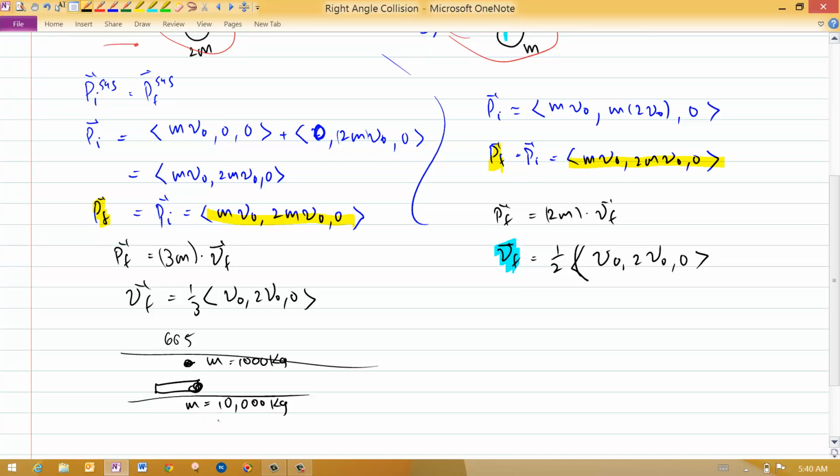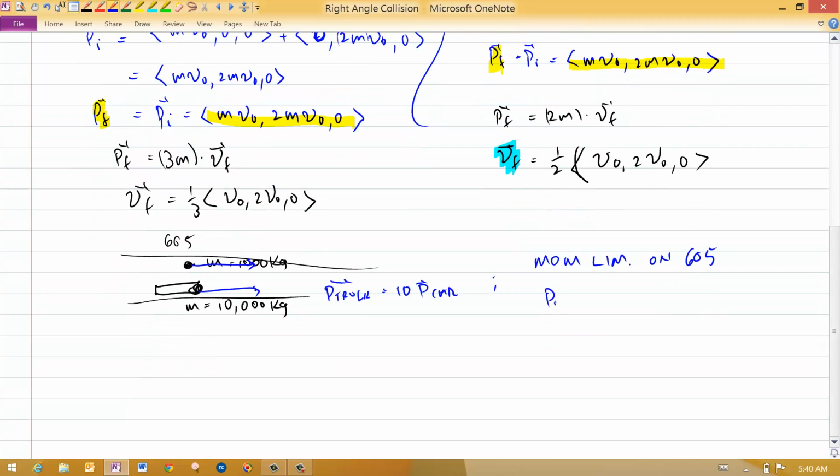If these two objects had the same speed, so they're both going the speed limit, say 65 miles an hour, the truck has 10 times the momentum of the car, even though they've got the same velocities, because it's got 10 times the mass. If instead I put a momentum limit, instead of a speed limit, on the 605, and I make that momentum limit be P max is equal to 1,000 kilograms times 65 miles per hour, then